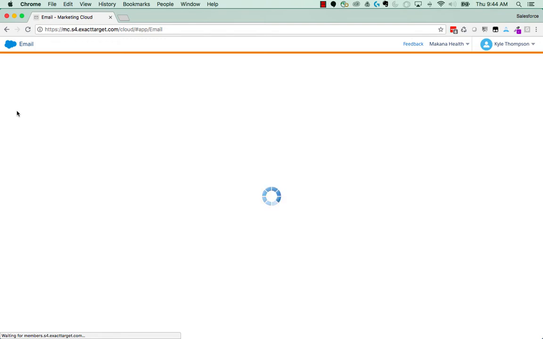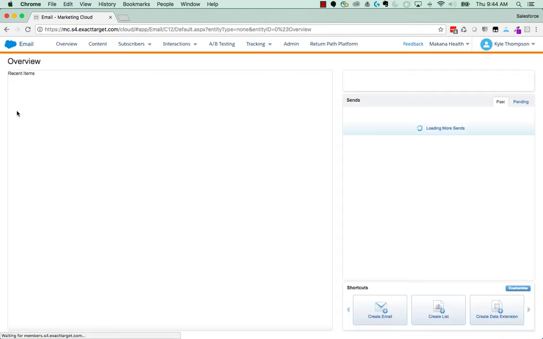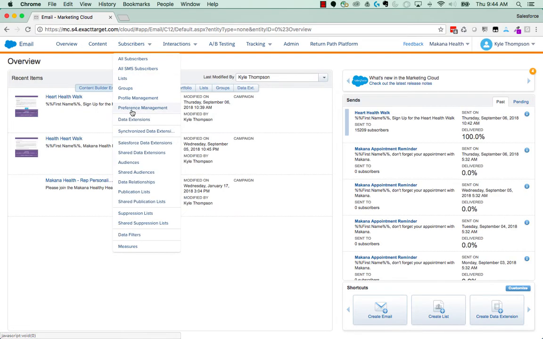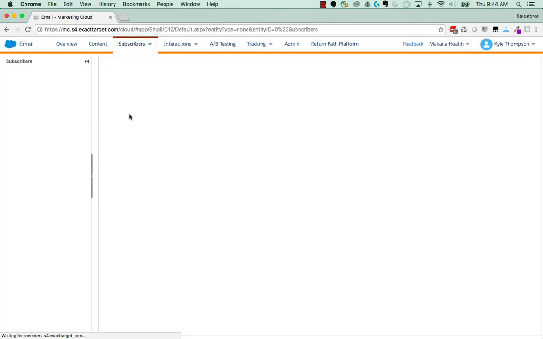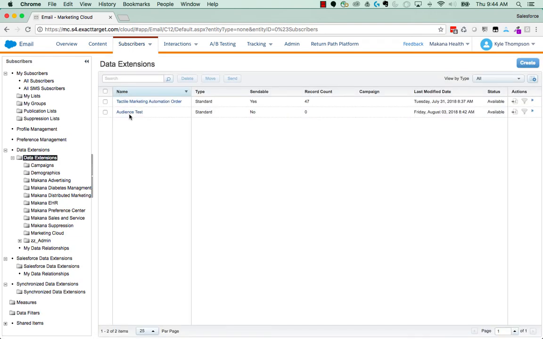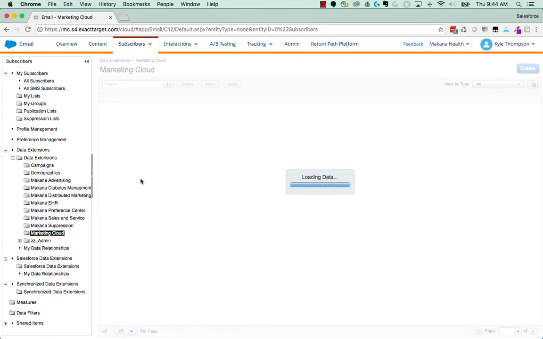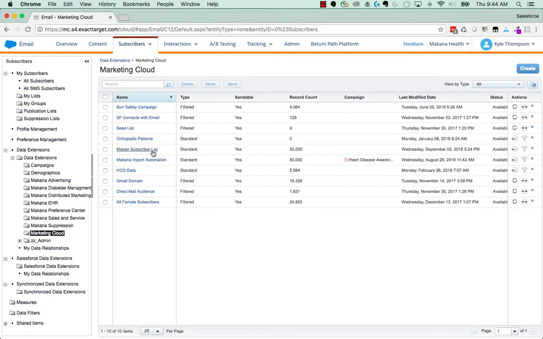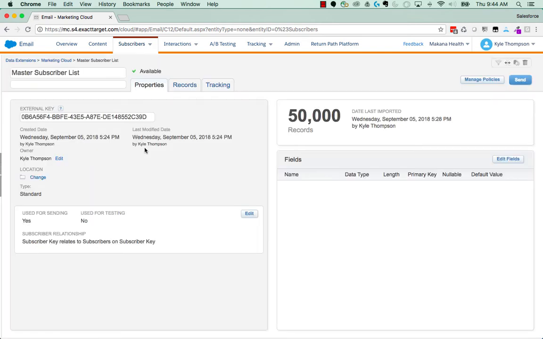So, segmentation. There are a few different ways to do segmentation within the Marketing Cloud. Segmentation revolves around maybe segmenting from a master subscriber list, or doing some complex and sophisticated segmentation around relational data that surrounds the subscriber or customer. And if you really want to have some fun, you could use SQL queries to do some segmentation as well. But in this example, we're going to just look at our master subscriber list,